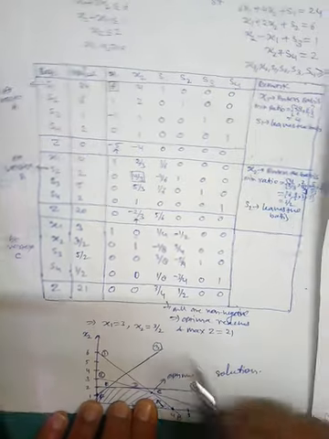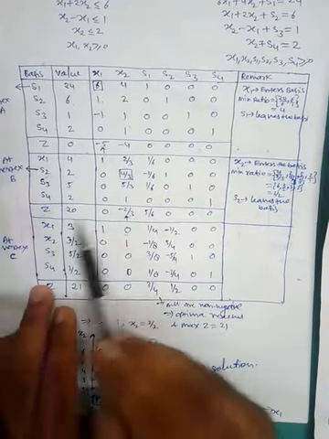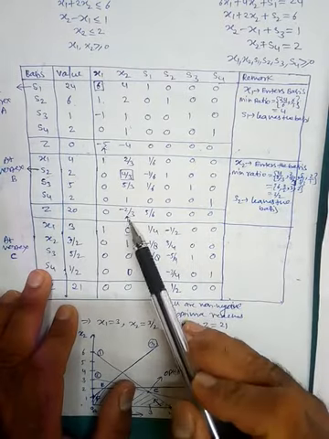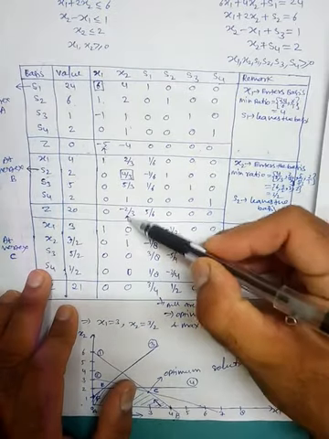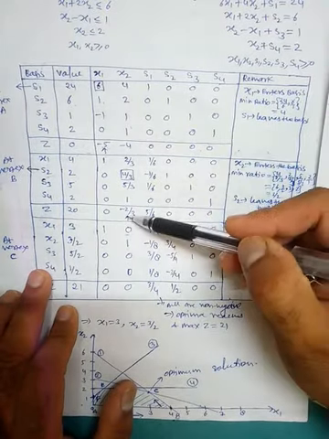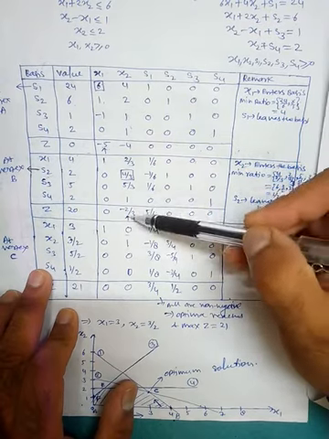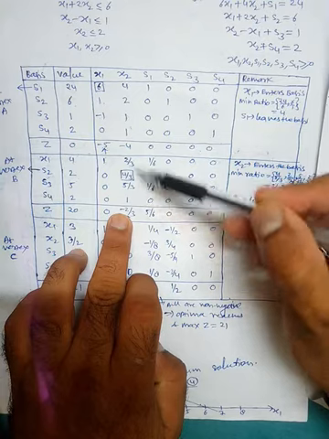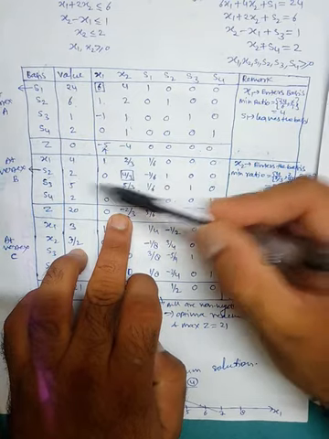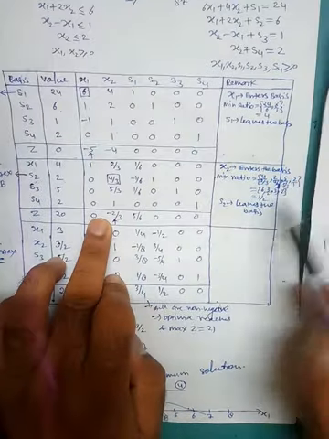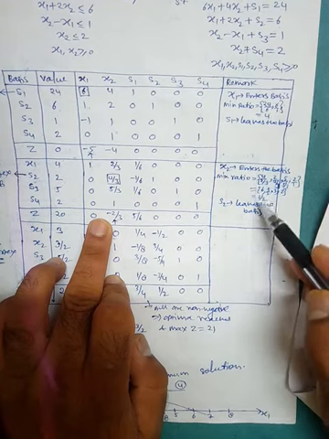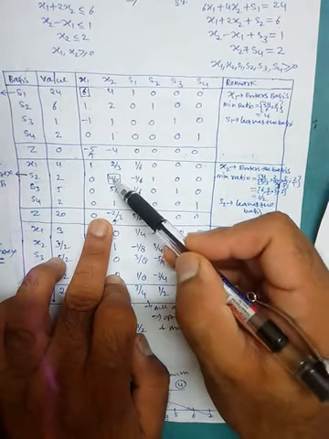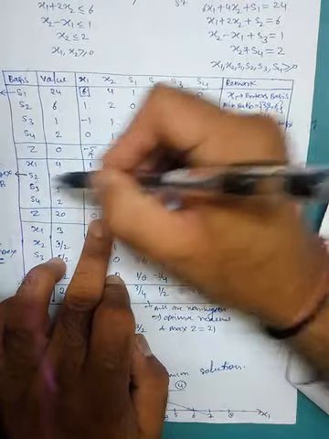So in the previous video we reached up to this step. Here we have selected x2 as the entering variable. Among these four, because all are positive values, construct the minimum ratio, and this is the minimum ratio. Based on this we have selected 3/2, which is associated with 4/3. Hence S2 will leave the basis.